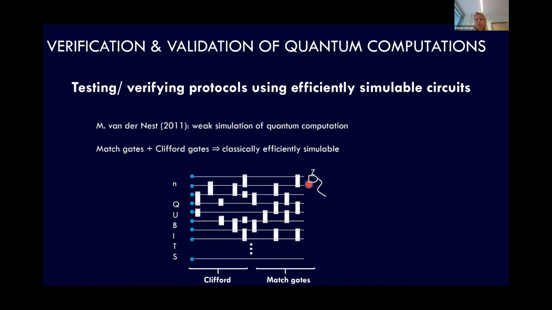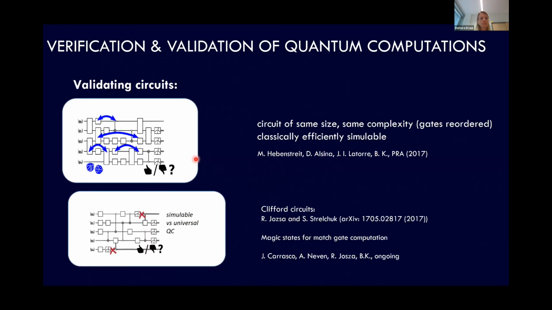And that's a very nice result because you can use that, for instance, to construct what we call the validating circuits. Imagine that you have here some circuit composed of Cliffords and match gates and whatever, and you do a computation that you cannot simulate classically efficiently anymore, simply because this device is already too large. Then you do some measurement at the end, but you have no idea how you can estimate the error here. And so one way of maybe getting some insight into the power or the correctness of this computation